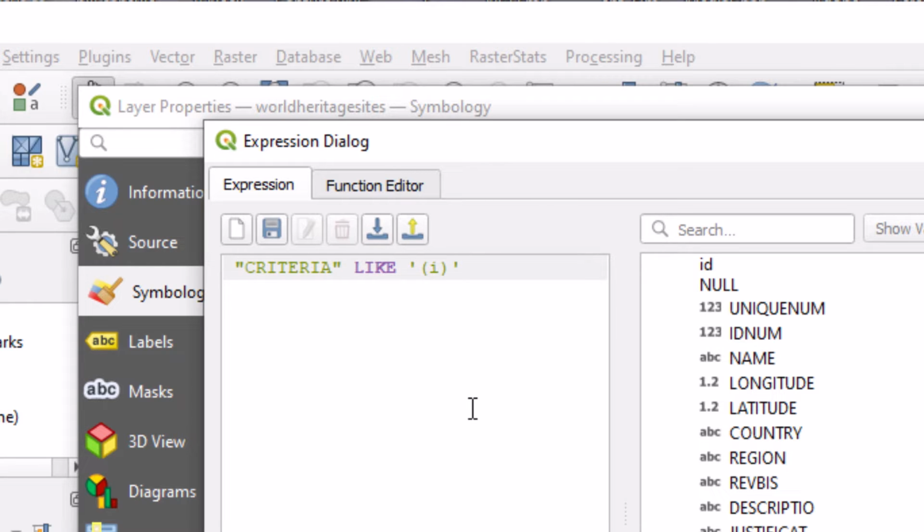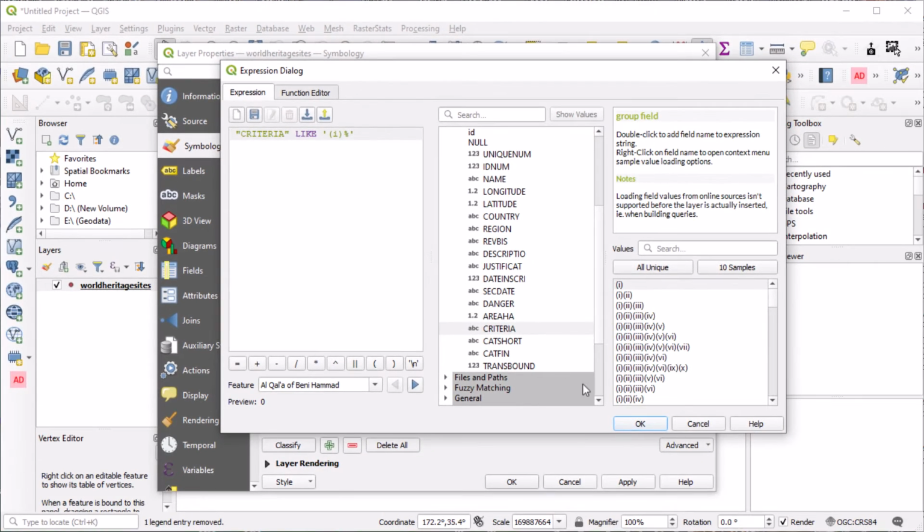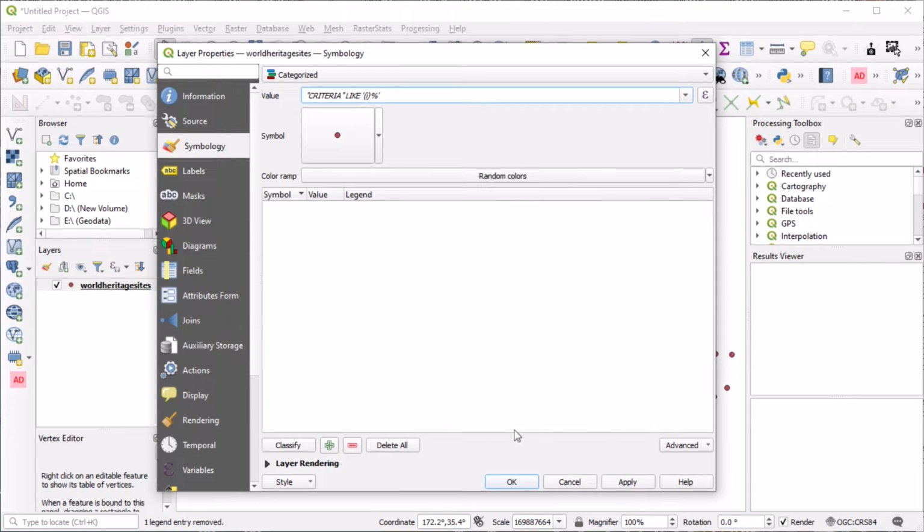A column name is placed between double quotes, and a value is placed between single quotes. Adding a percentage symbol as a wildcard after a value but between single quotes will replace 0, 1, or multiple characters that follow. Click on OK and classify.